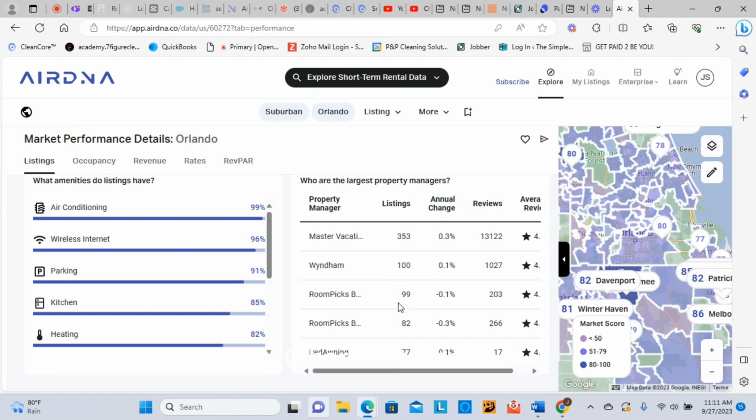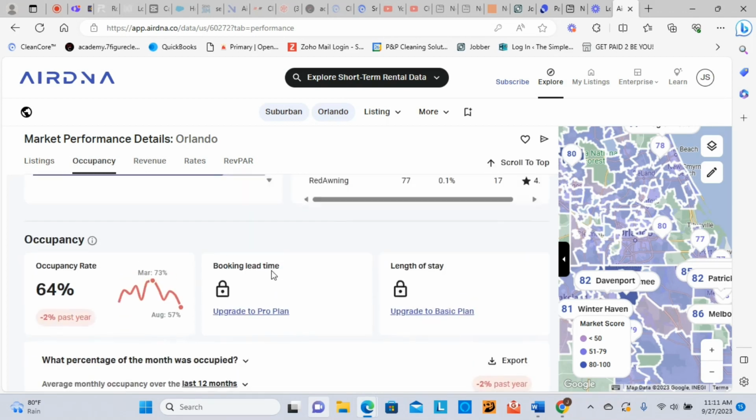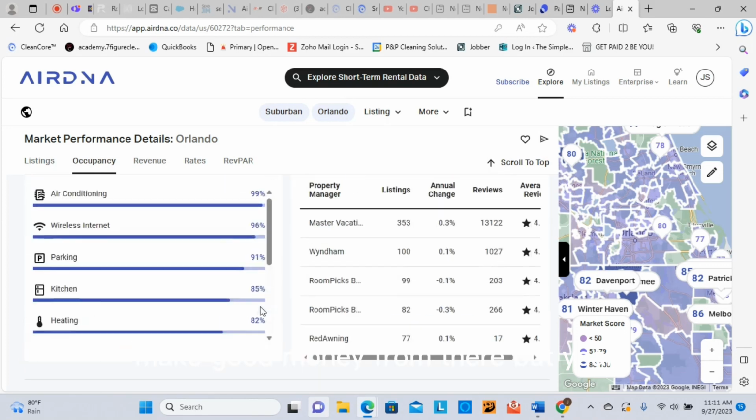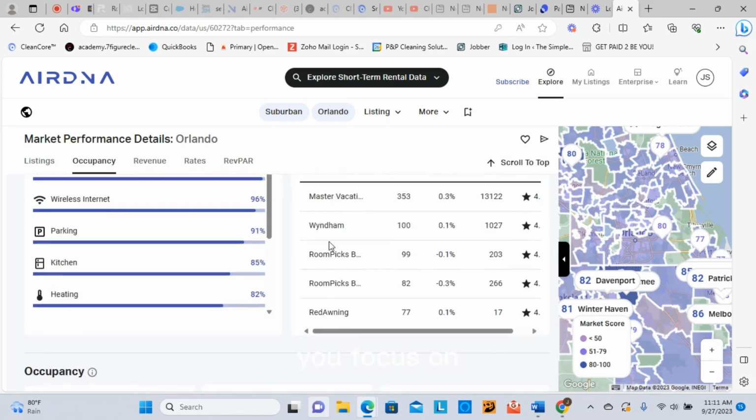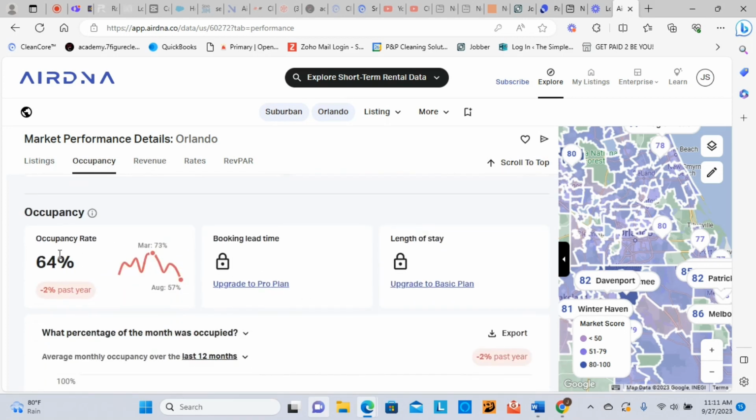You get 35 here, 10 here, 9 here, 8 there, maybe 7 here. Hey, you're looking at 60-something properties, and then you'll make good money from there. But yeah, like I said, this is the main area you focus on. The 9 here, like I said, 64% occupancy rate,